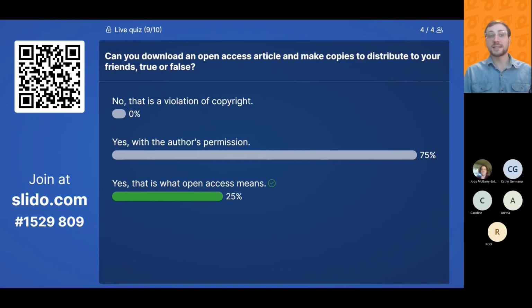So open access is a permission granted to everybody at the same time, so you don't have to ask permission. That's one of the main benefits. It's really awesome. Usually other material, you could share it as well, but you'd need permission. But with open access licenses particularly, you can just share it, which is really awesome. Your friends can distribute it to their friends too.